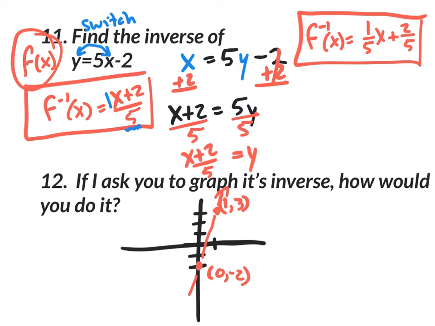So it's as easy as this. Just pick 2 points on the line and switch the x's and the y's. So instead of the coordinate 1, 3, you're going to go to the coordinate what? 3, 1. So you'd have this dot right here. And instead of the coordinate 0, -2, what are you going to go to? -2, 0. So that'd be -2 on the x, 0 on the y right here. So this would be the graph